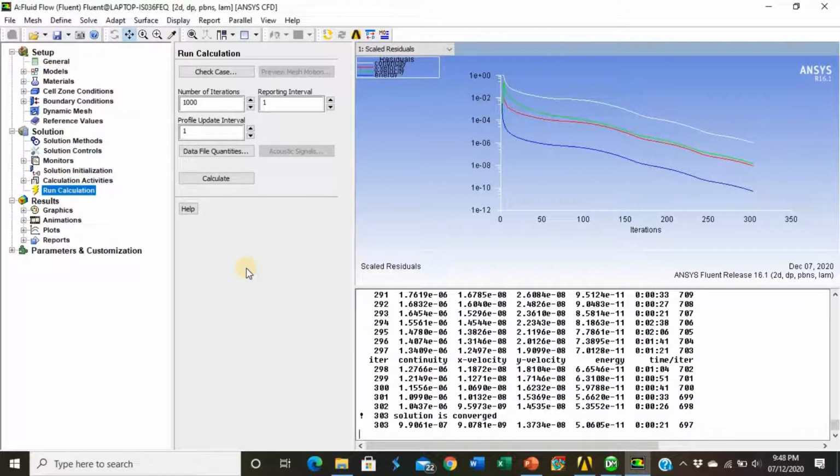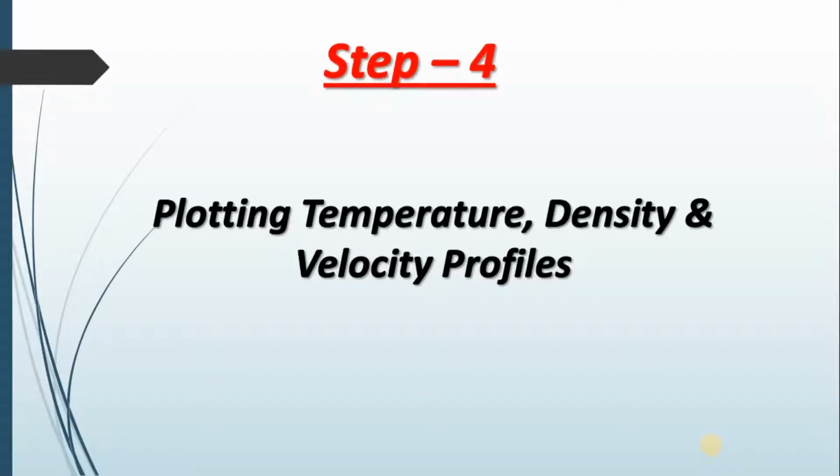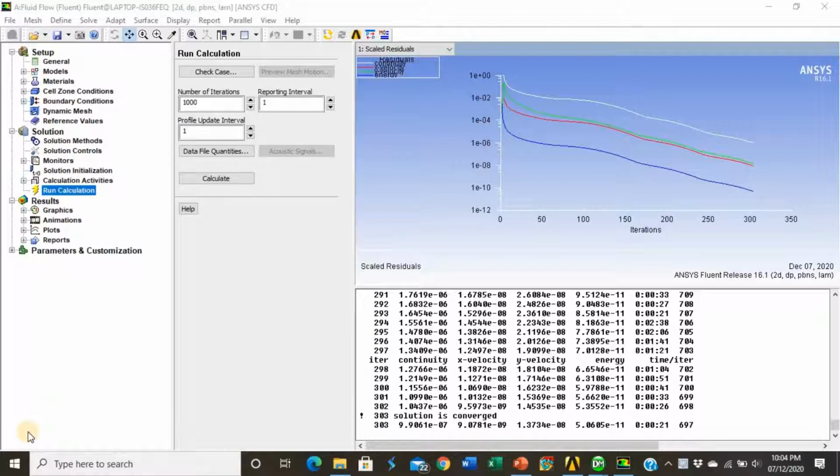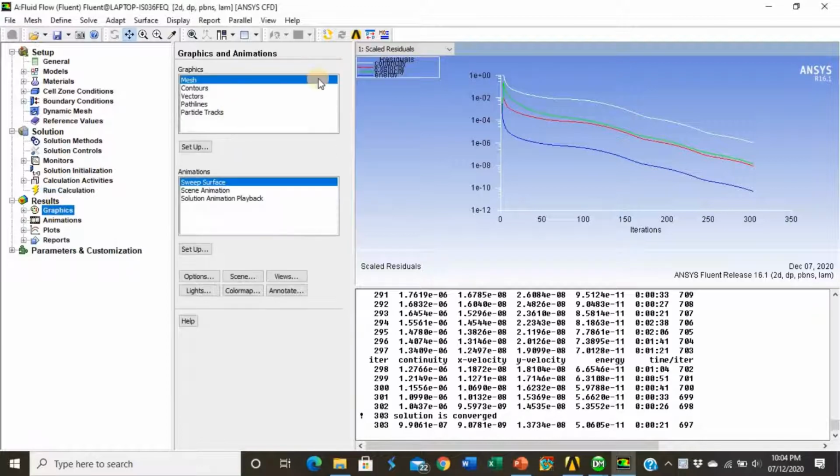Now step 3 is completed, in which we have entered all the models and conditions. We have entered all the conditions in the setup to solve the solution. Now moving to step 4, plotting temperature, density and velocity profiles. Now again, coming to the setup interface, go to the graphics option, double click on the contours,